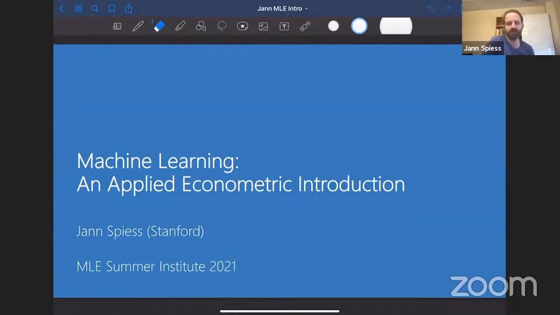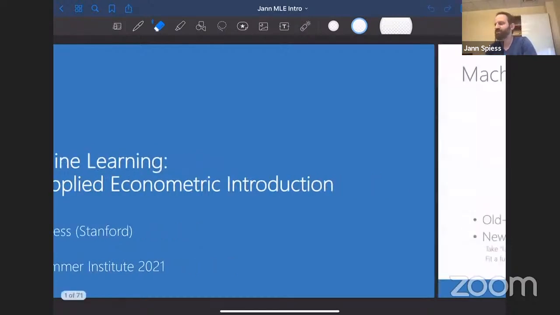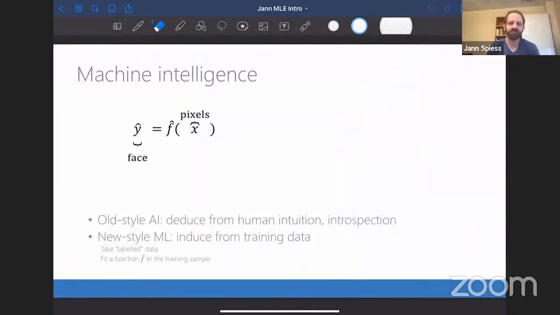Right, so I want to take one part of Sendhil's talk, which is this distinction between prediction and estimation, and go one level deeper from a very applied econometric perspective. The starting point for me in studying machine learning was that I thought of machine intelligence and AI as this amazing futuristic thing where we will communicate with robots, for example. And then I realized that many machine intelligence applications are actually already available. We have phones that do image recognition, that can do automatic translation, that can do many things